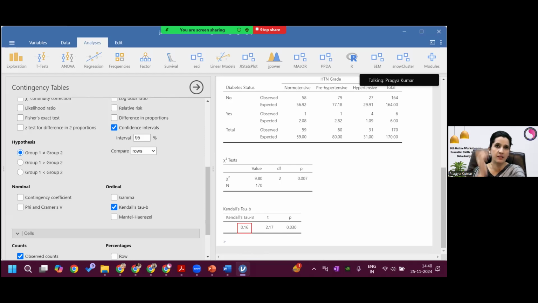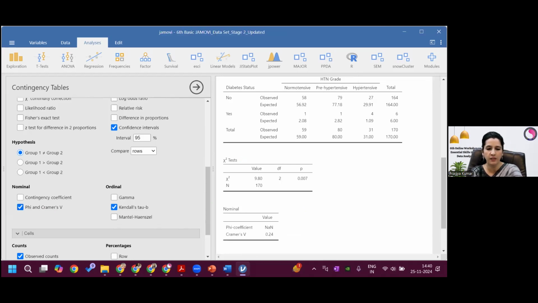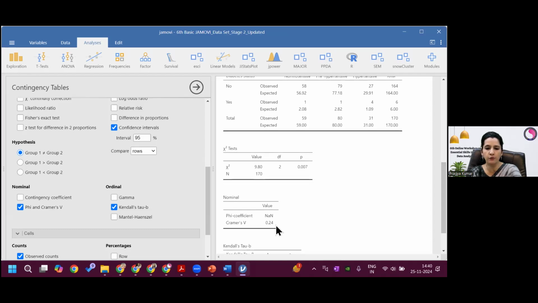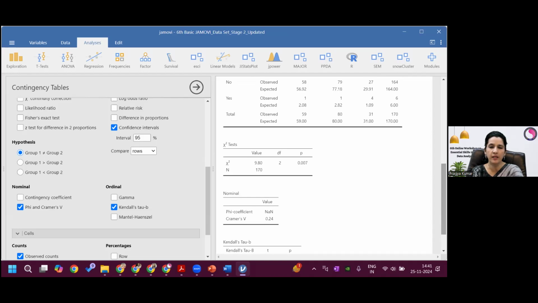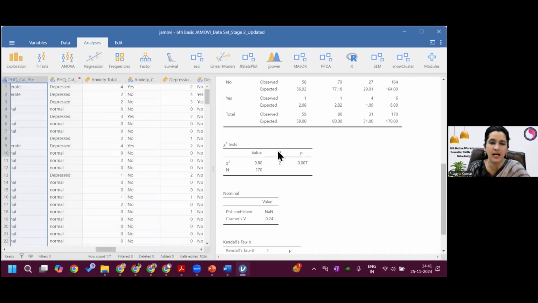But in this case, since the chi-square cannot be applied on continuous, we take one as a binomial, another as ordinal. And then instead of this phi and Cramer's V, you can go for this Kendall tau. Or even if you click this, you can see that value is 0.24. This is also not very significant, but generally in chi-square, the effect size we explain with the Cramer's V. This Kendall tau is mostly, you will see, this option is here, but it is because chi-square is also for association. And in case of ordinal, generally you go to this